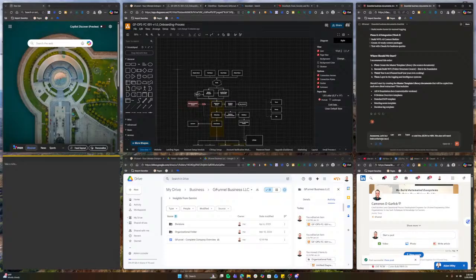So we can either help businesses organize, or connect directly to them and do it for them, which is my favorite.